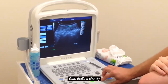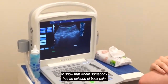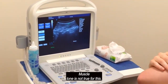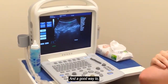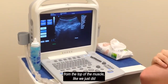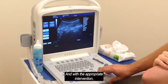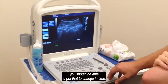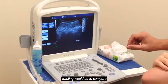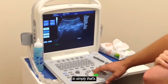joint here. There's been a lot of research done to show that where somebody has an episode of back pain, we can get reduced muscle tone in the Multifidus, and a good way to quantitatively measure that is to use the real-time ultrasound unit to take a measure from the top of the muscle, like we just did, right down to the facet joint, and with appropriate intervention we should be able to get that to change over time. So the best way to determine if there was muscle wasting would be to compare the left and the right side of the patient. Let's clear that,